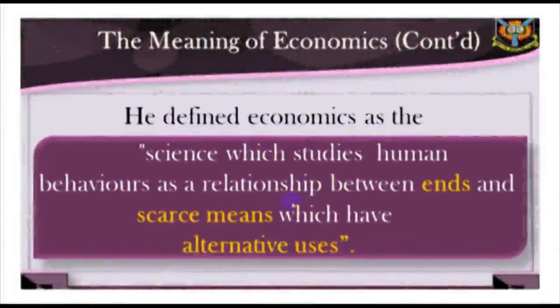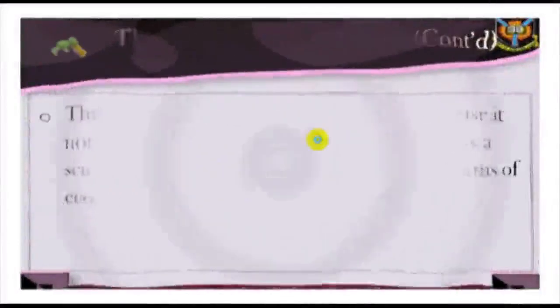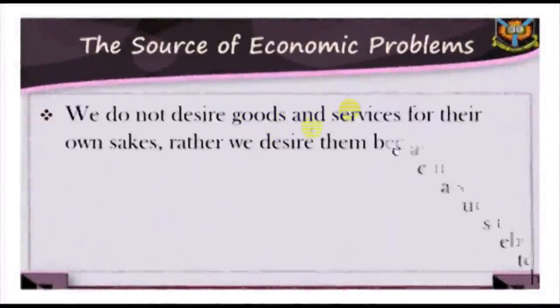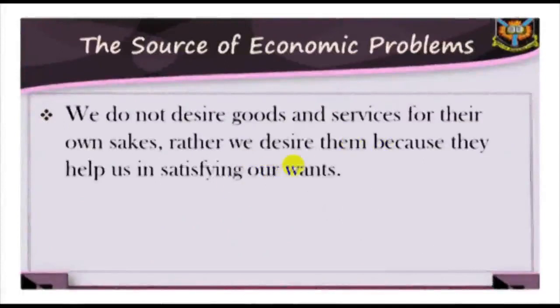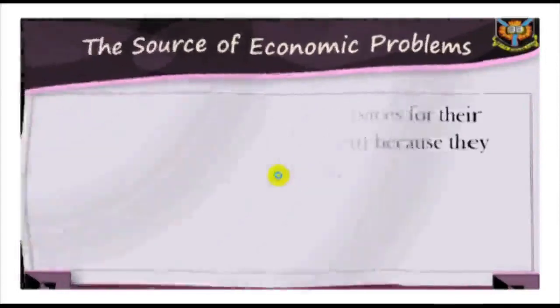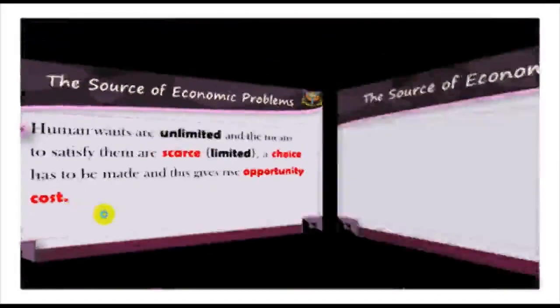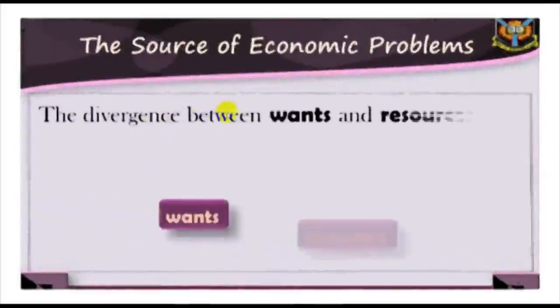The above definition is more relevant because it not only highlighted the role of economics as a science, but also focuses on the major problems of economics. The source of economic problems. Every society is endowed with human and natural resources. These resources include land, which is a free gift of nature, labor, capital, and entrepreneur. These resources are collectively referred to as factors of production. It is these resources that are combined by the producers to produce commodities.